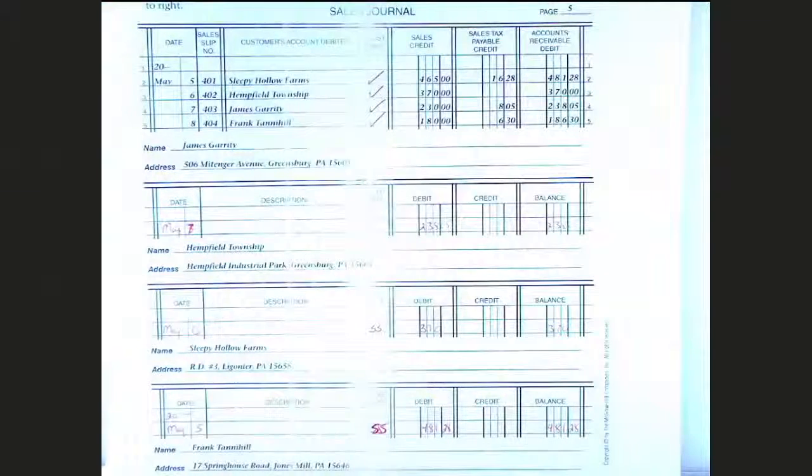Post reference is going to be S5. I know you can't tell the difference in my S's and my 5's, but I can. Post reference is S5, which stands for Sales Journal, page 5. Debit for 481, giving us a $480 balance. Then just check it off for both things. But again, we're not posting totals here, or posting to the sales tax and sales accounts. We'll post the totals in